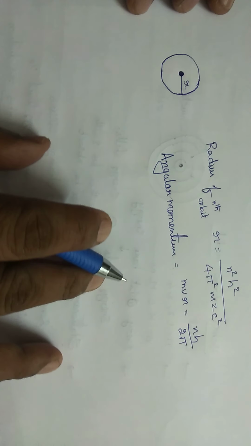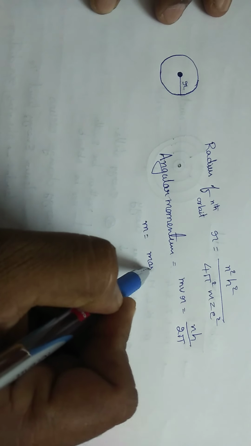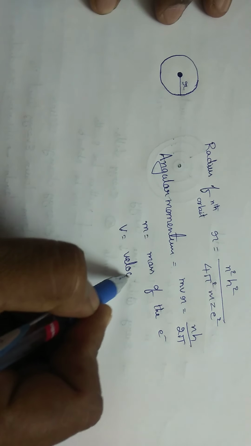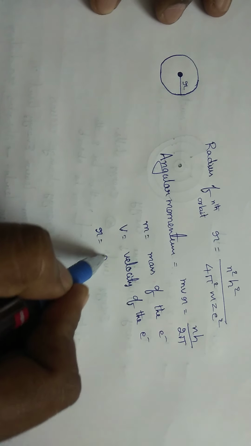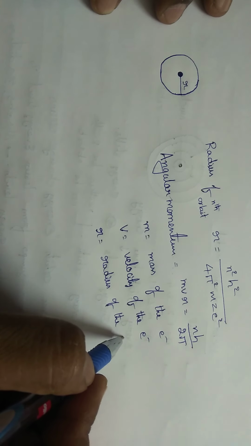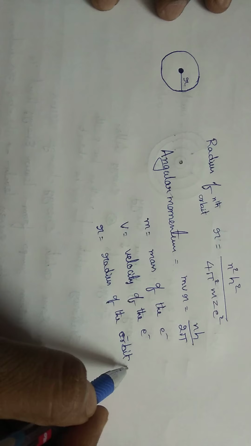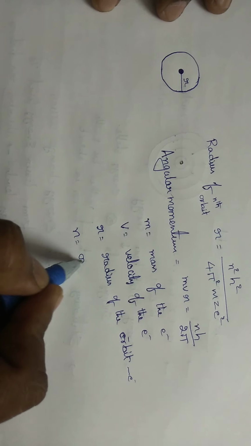Here m is the mass of the electron, v is the velocity of the electron, r is the radius of the particular orbit in which the electron is present, and n is equal to orbit number,